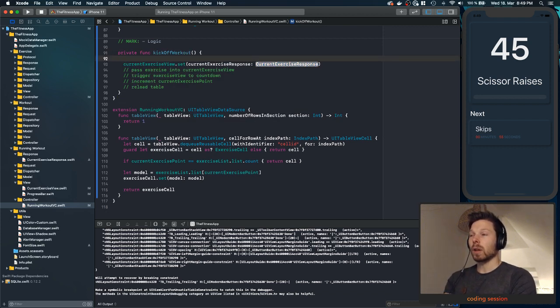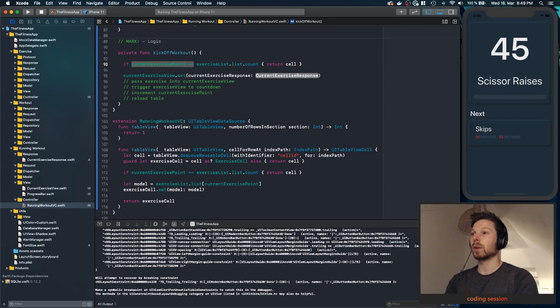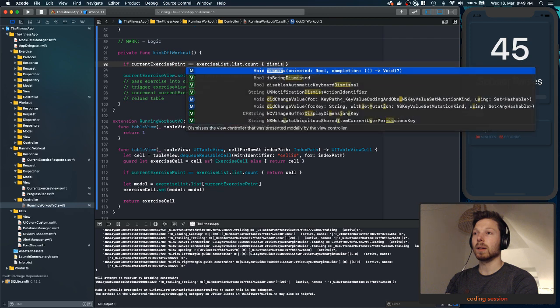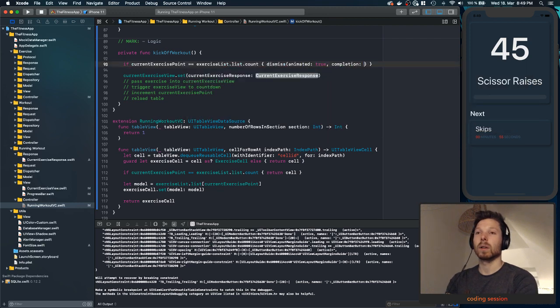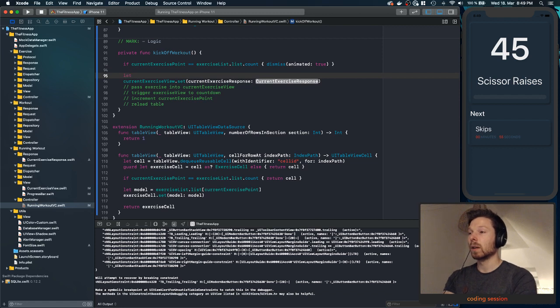And the current one is basically the same right here. So what we want to do, if the current exercise point is the same count, let's just dismiss the current view controller again. So it opens, it goes down in countdown and dismisses itself once it's done. Let's just do that. Else we can safely say